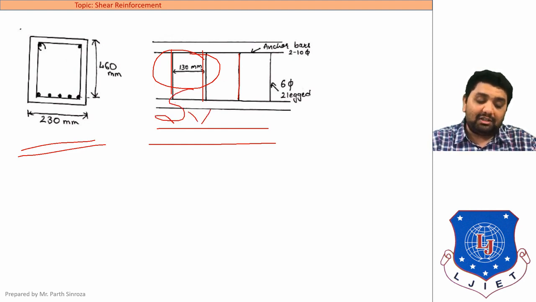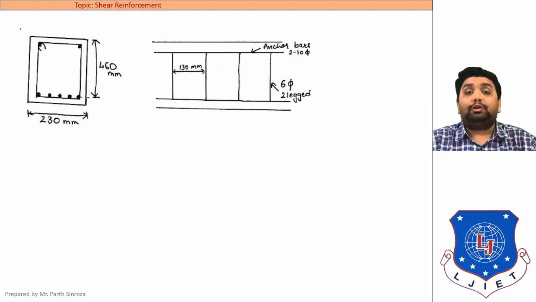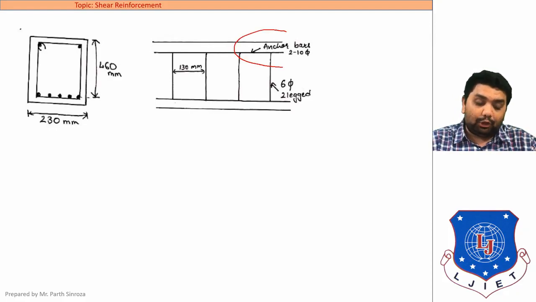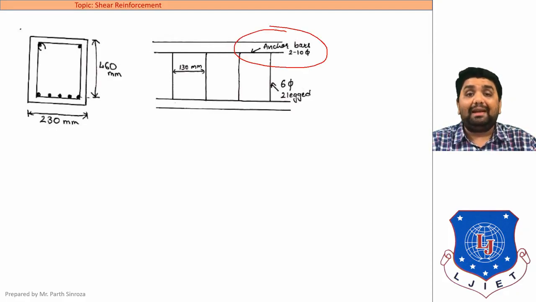So if it is asked in the question to draw or provide a sketch of reinforcements, then you need to draw both these diagrams showing the bars. As it is a singly reinforced beam, the top portion or the compression zone will carry anchor bars. If it was doubly reinforced, it would have carried compression steel. Clear? So this is our first sum that we discussed.